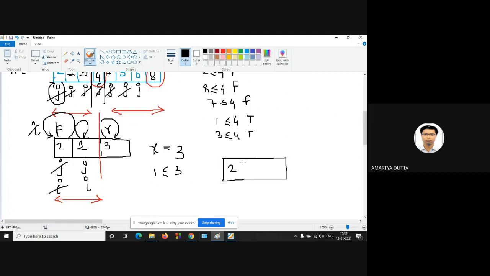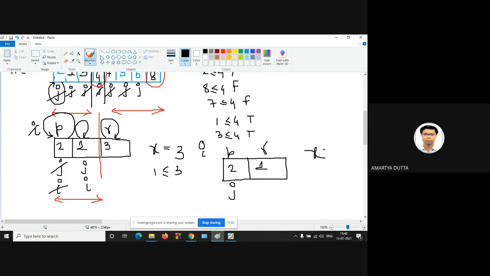So 2 and 1. This is your r and this is your p. This is the i, and this is j. So the x value here is 1.